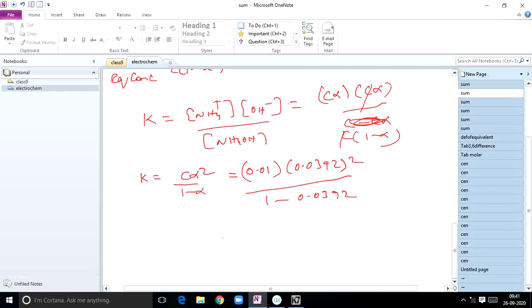So later you check the answer, you should get 1.599 into 10 power minus 5. That is the K value. Okay, students, very important model. Next,